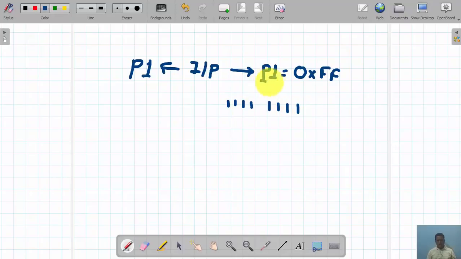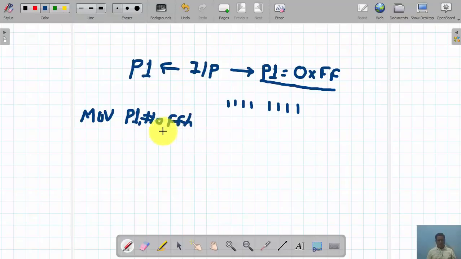When I write in this way, port P1 works as an input, and later on we are going to discuss some of the instructions. So I write here MOV P1, #0FFh. What will happen? We are moving the value FFh to port P1,